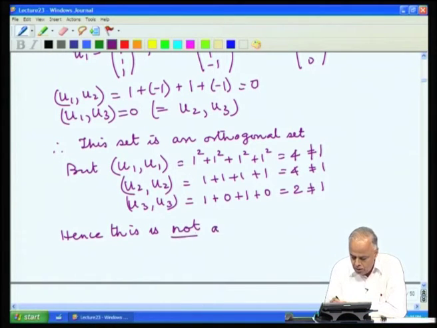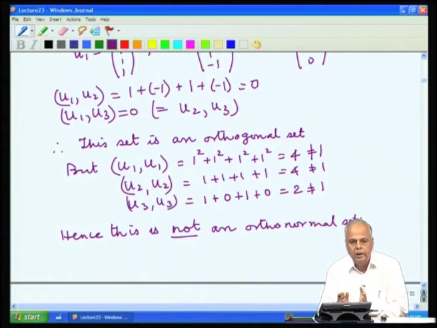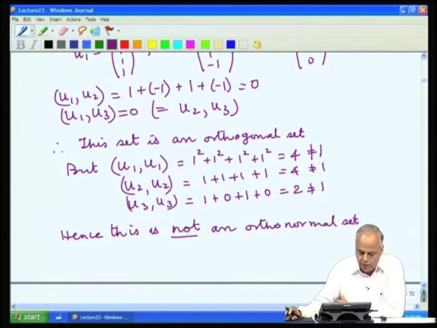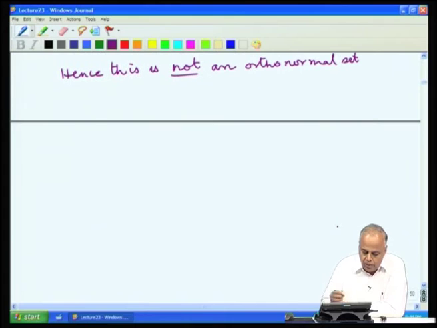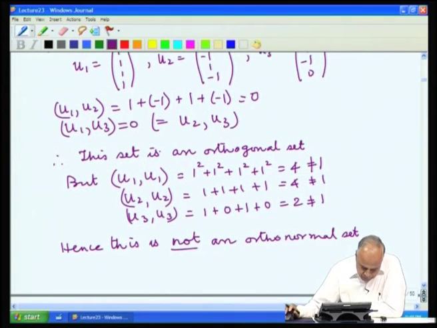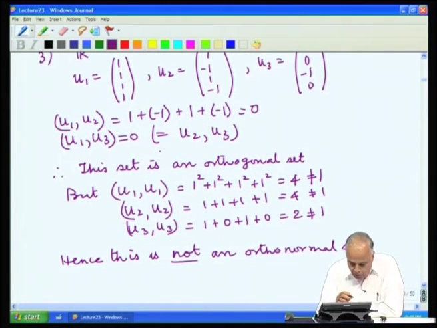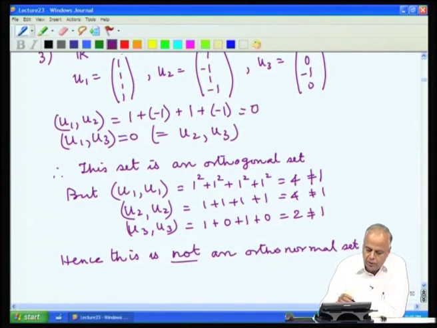This is not an orthonormal set. As before, since we already have orthogonality, we can force normality by dividing each one of these vectors by its length. So, suppose we now take the set S1 consisting of these vectors V1, which we obtain from U1 by dividing this vector U1 by its length.